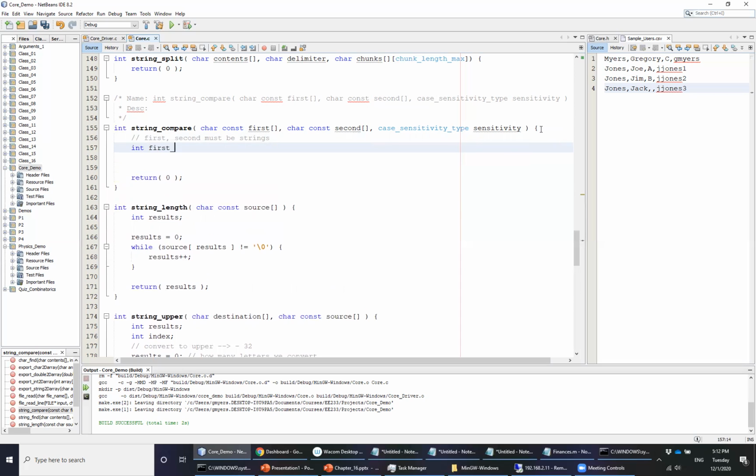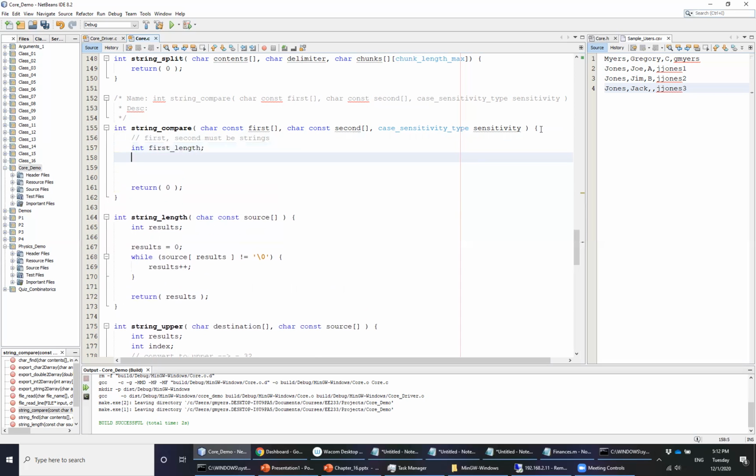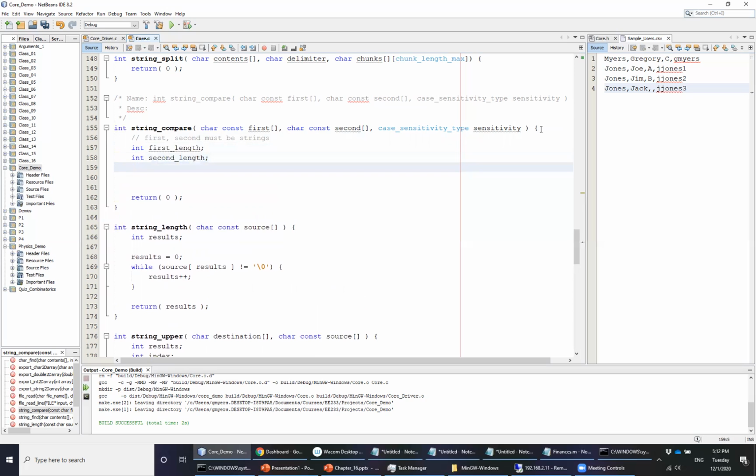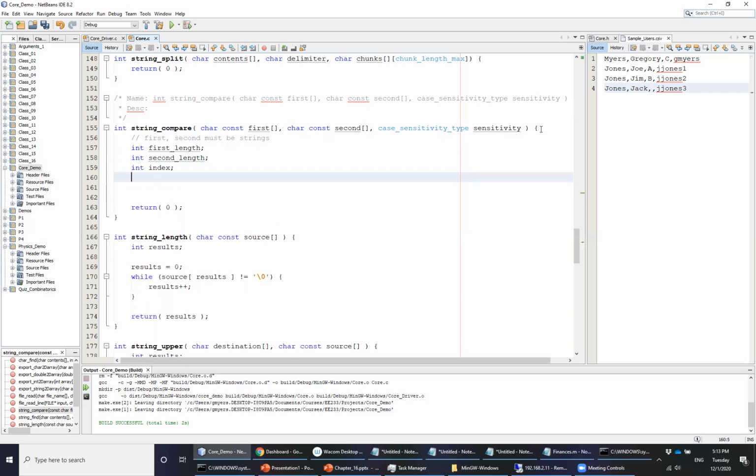One is going to be the first length, the second length, and we also want to create some index variables as well. We can try to get away with just a single one, and we'll see if we need to come back. So how about we have int index, and also a results,